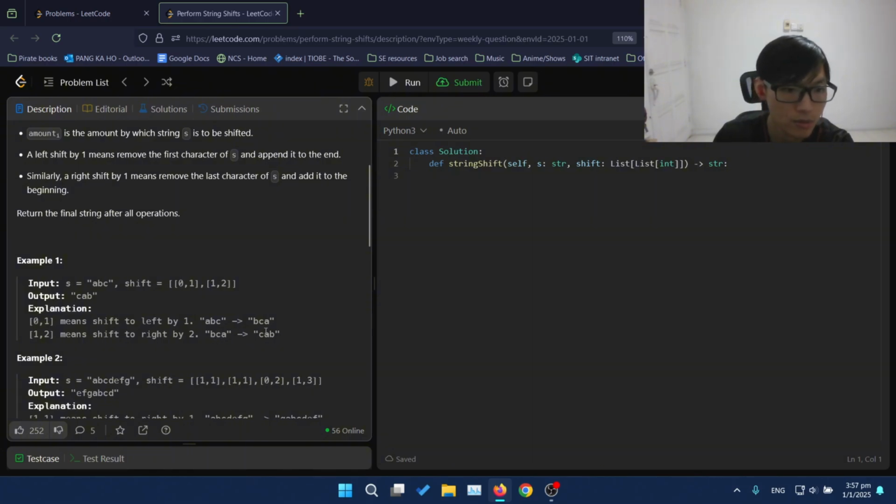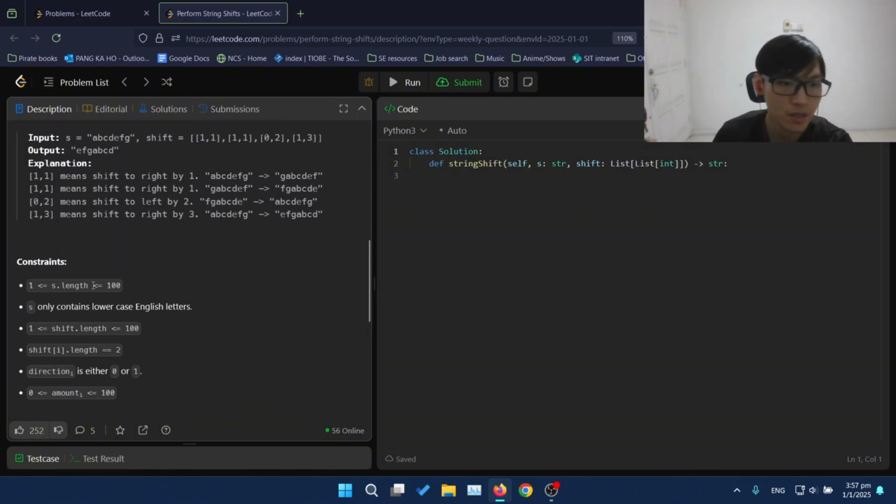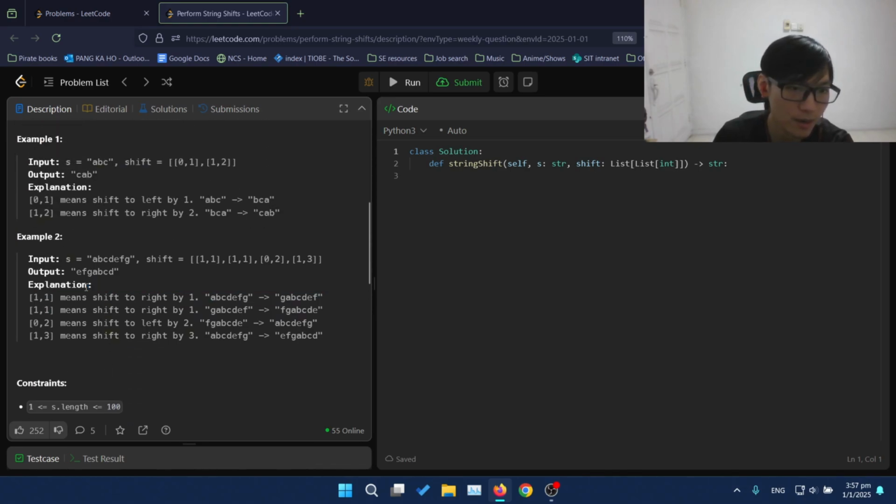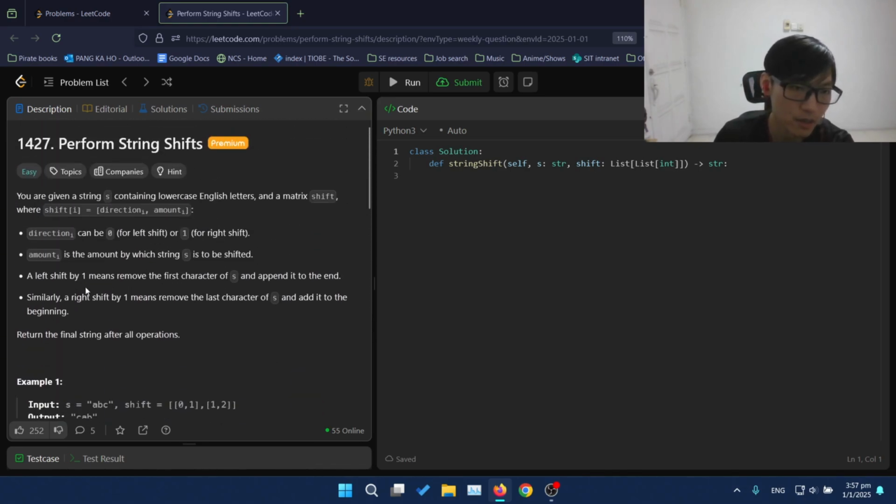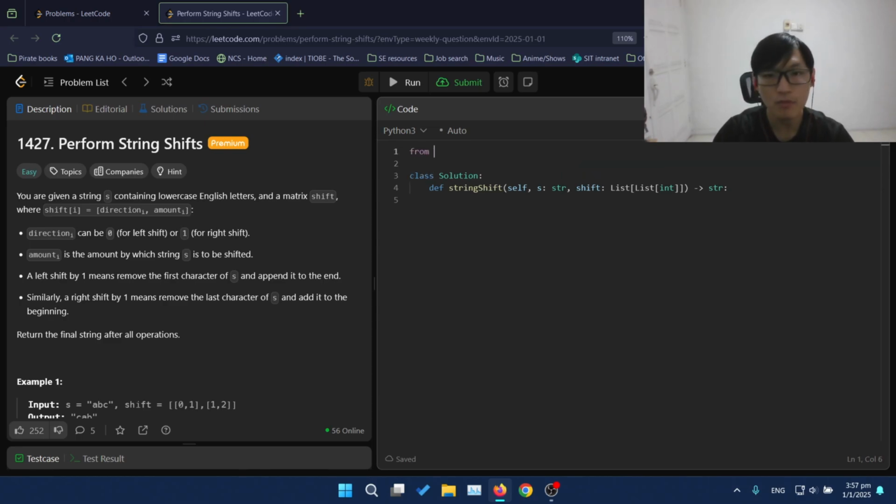Oh, okay, right. So as you can see, what immediately comes to mind is to use a double-ended queue, and you can just simulate the problem and you should be able to get the result. So let's do just that. From collections import deque, and q equals deque of s,